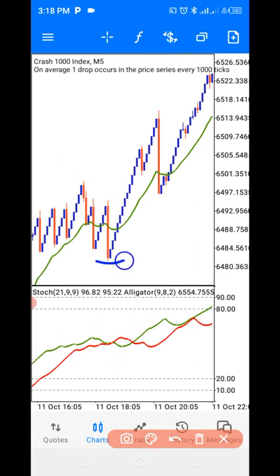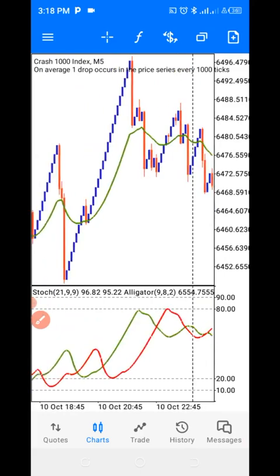So this is another example here. Right, this is your previous swing high. So you target this high. Your stop loss will be below this swing low, and your take profit will be here. Though you can actually adjust your take profit and your stop loss depending on your account size and depending on the kind of trade that you have.